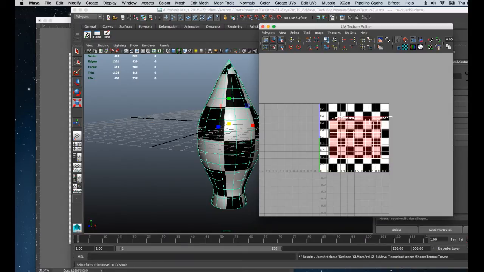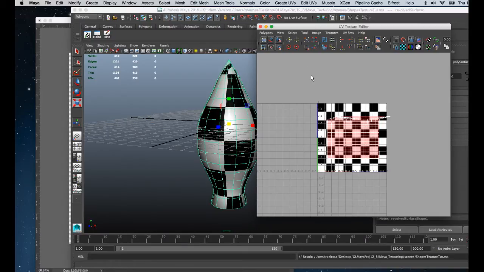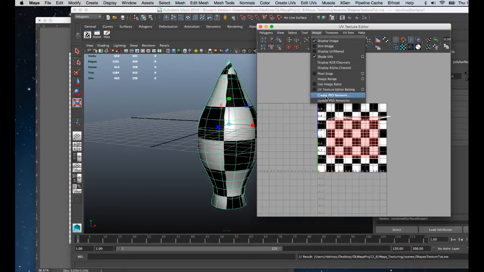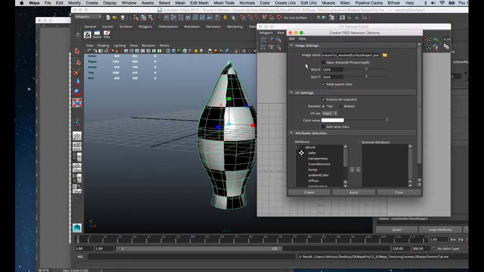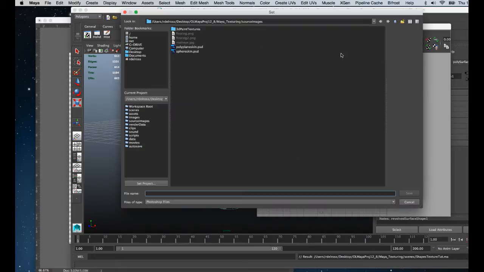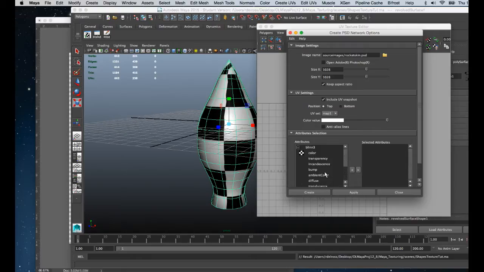So once again, inside the UV texture editor, I'm going to go to Image, Create PSD Network. The settings are there by default from the previous tutorial, so I don't really have to do anything other than make sure it's directed to my source images, which it is. And I'll just call this Rocket Skin. And I'll hit Save. I'll move the Color tab over to the selected attributes, and before I commit to this